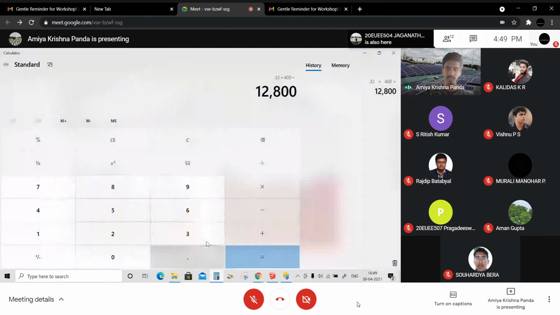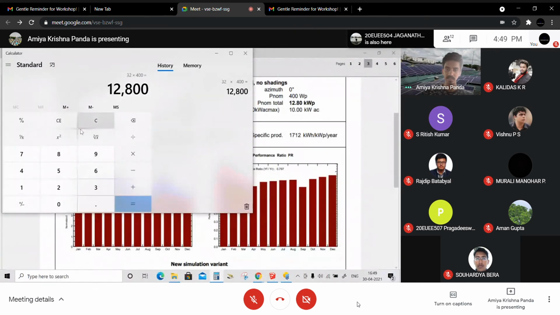Kilowatt hour means 1712 into 1000. This is the overall generation, and divided by Pnom total, which is 12.80.